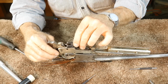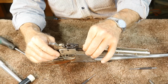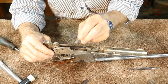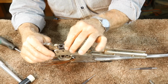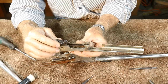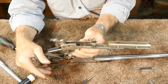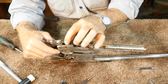But what happens is if this carrier is too loose like this one is, as we're working the action, just a little bit of push on it, or it drags maybe just a little bit on this part of the locking blocks, starts popping it up. And it needs to stay down until the very end, or else we run into the problem that we've run into where it pops up too soon, shoves the cartridge into the spent cartridge that's being ejected and jams everything up. So what we really need to do here is maybe spread the arms of this out, and